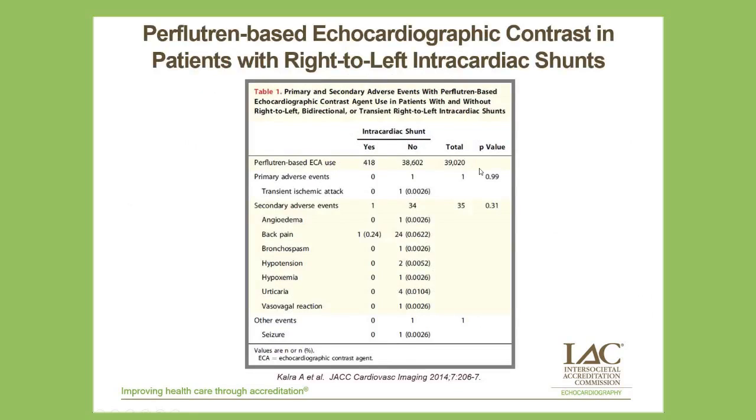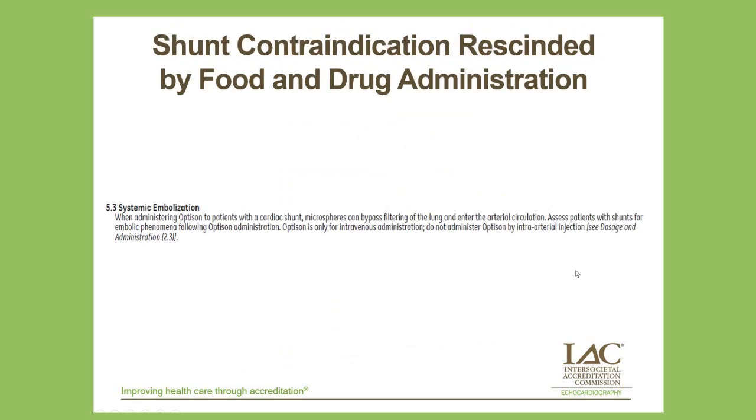They studied 39,020 patients in their clinical lab. 38,602 of these had no known intracardiac shunt, whereas 418 of these patients had a known intracardiac shunt and nonetheless received an ultrasound contrast agent. And as you can see, there were no primary adverse events and no transient ischemic attacks in these patients with known cardiac shunts. Well, I think based on all of these considerations, the FDA recently announced that they were going